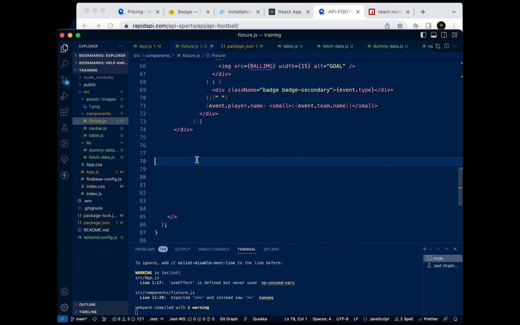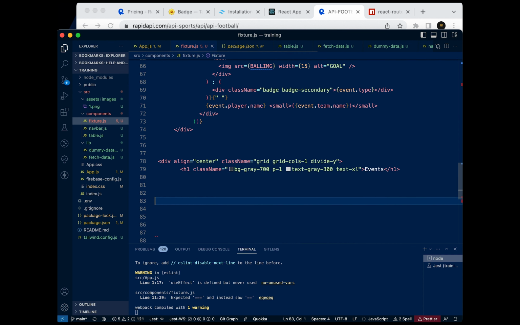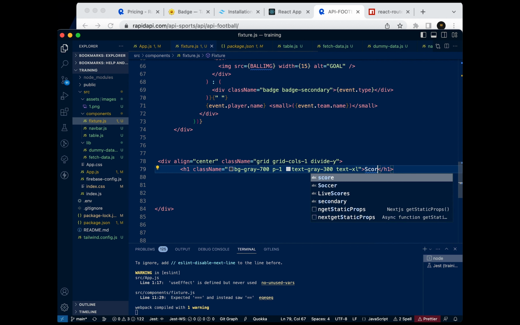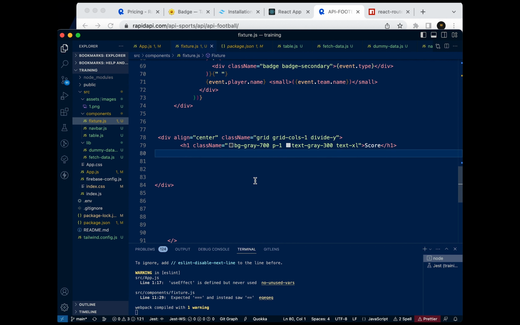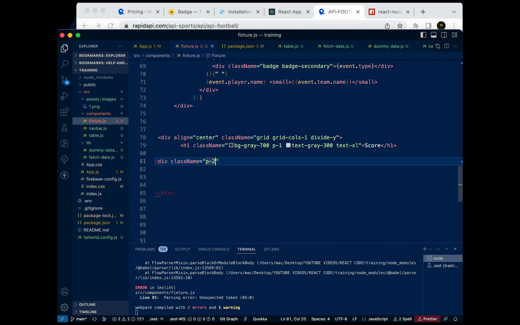Copy. Let's paste it here and close the div. I'm going to name this score. All right, so now that we've named that score, we're just going to come down here. We're going to see div className, we're going to see padding 2. Let's see first half